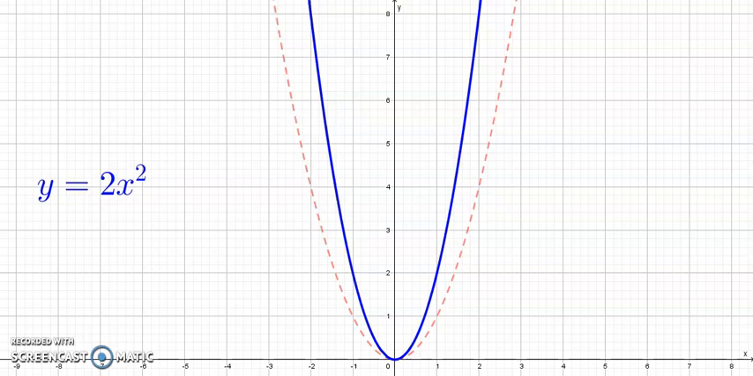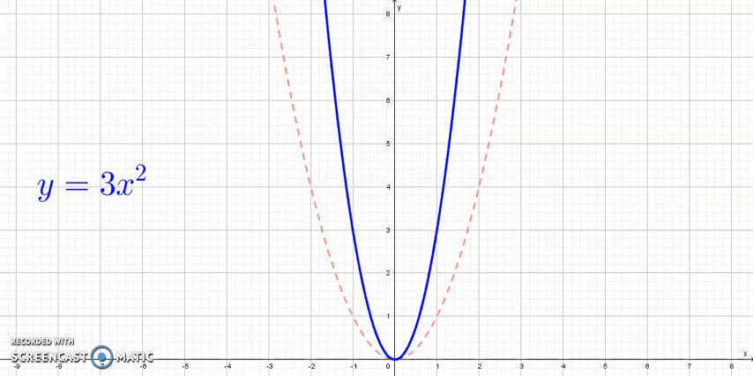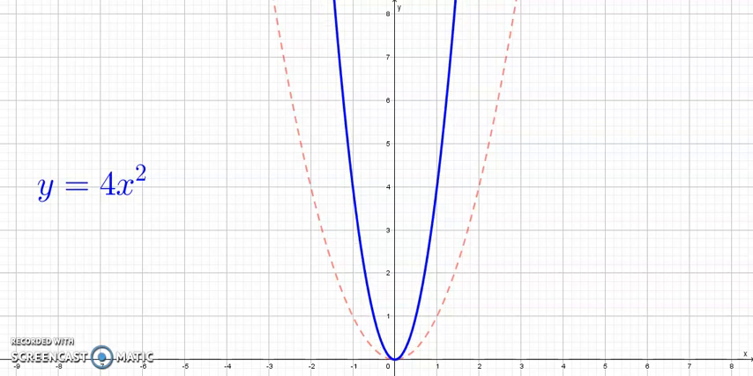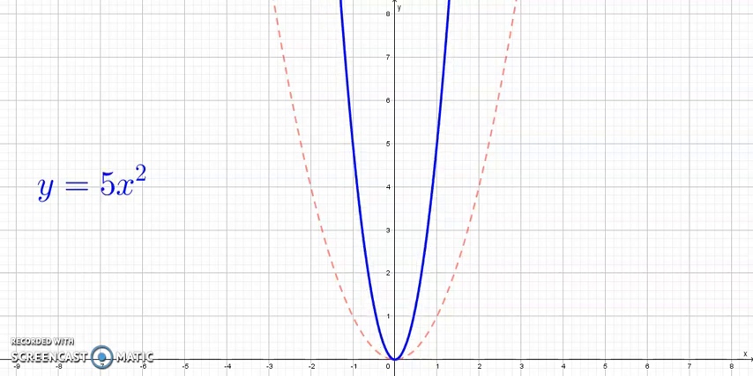And so it goes. If you change that to a 3, it becomes even narrower because again now your original outputs are being multiplied by 3. If we change that to a 4, even narrower. Change that to a 5, even narrower. So that's one of the effects of this number on the shape of your parabola. If it's a big number, then it's going to make your graph narrower and narrower. And if it's a proper fraction, so something between 0 and 1, you're ending up with graphs that aren't as